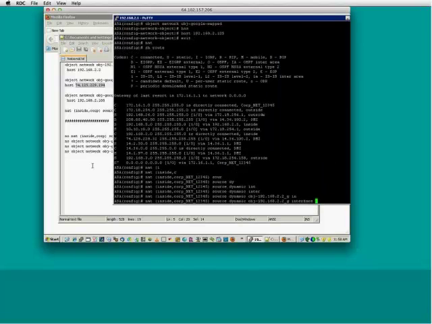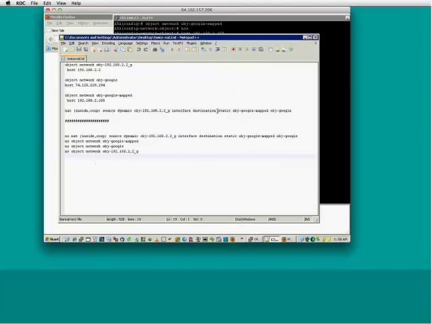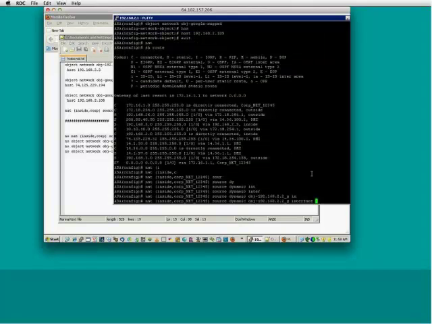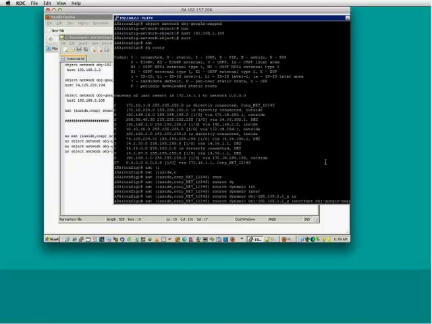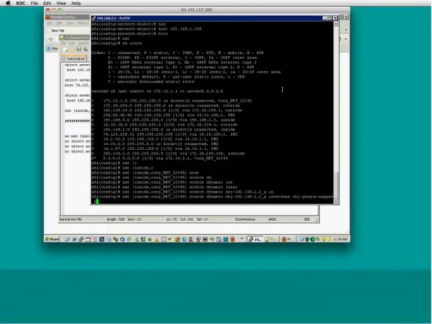So how do you configure that? We configure, statically map Google's real address to a mapped address on the inside. So what did we call that? I can copy and paste what I called it. All right. And then